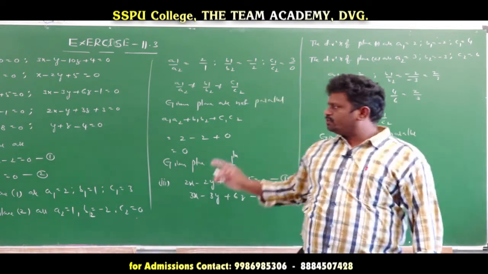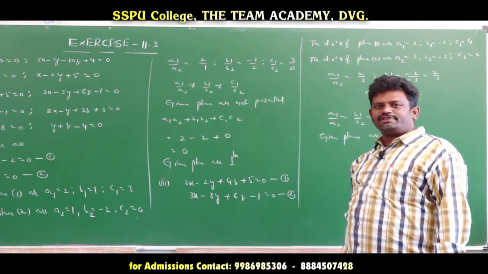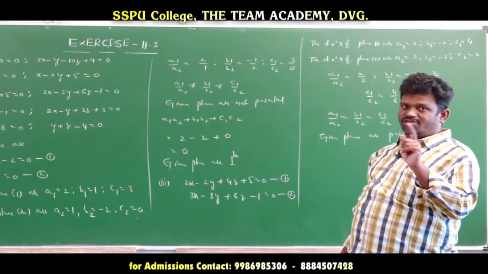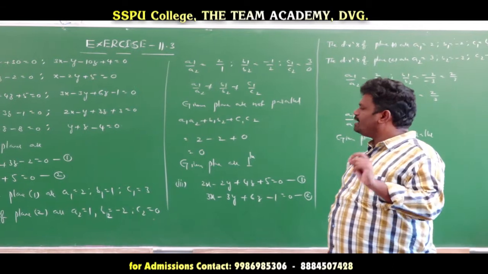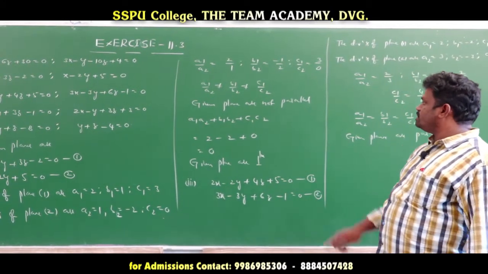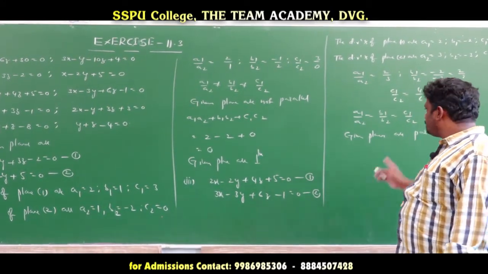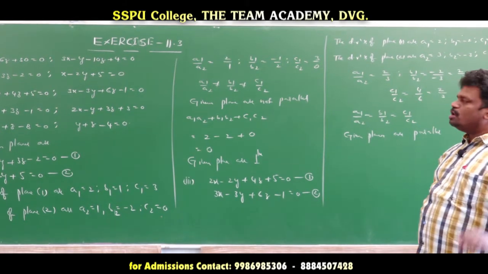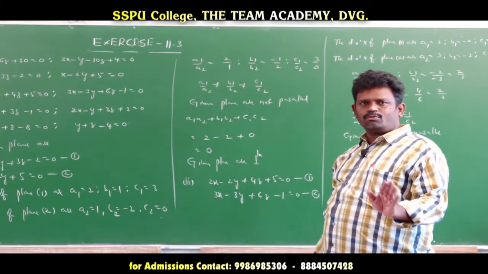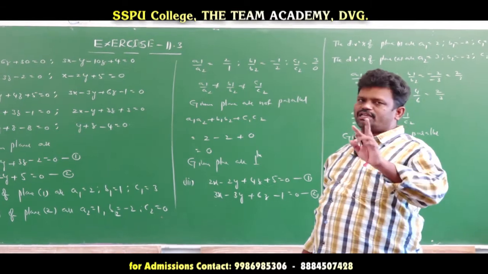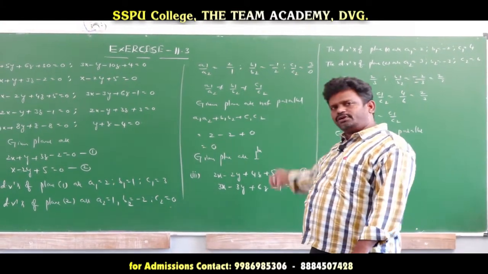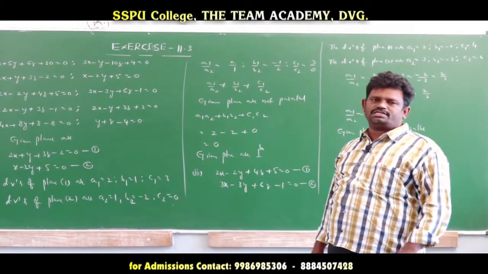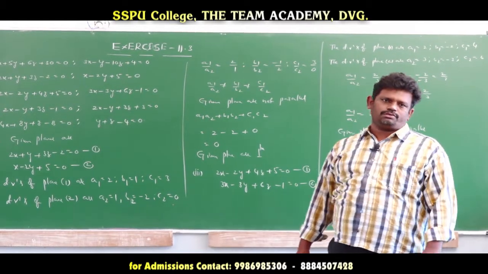Now see, in the first question, if you find the angle between the two planes, it means the given planes are neither parallel nor perpendicular. In the second question we checked only the parallel condition, and in the third question the perpendicular condition. So the remaining two questions you do in the same model. First we take the direction ratios of the given planes and verify the conditions. If both are not satisfied, then find the angle. Otherwise, if any one of the conditions is satisfied, stop the process.